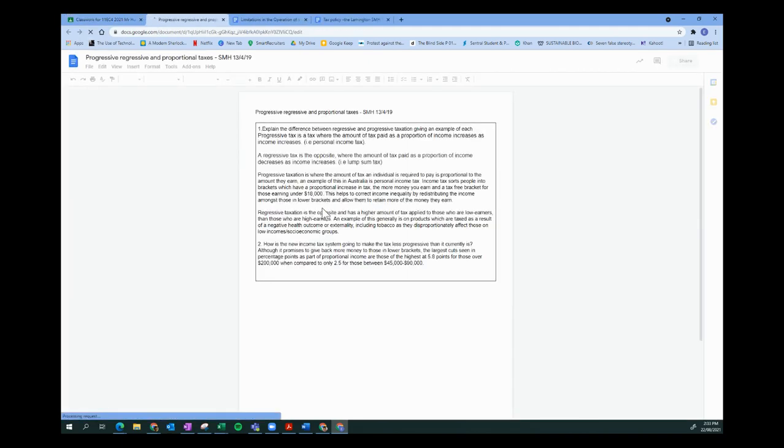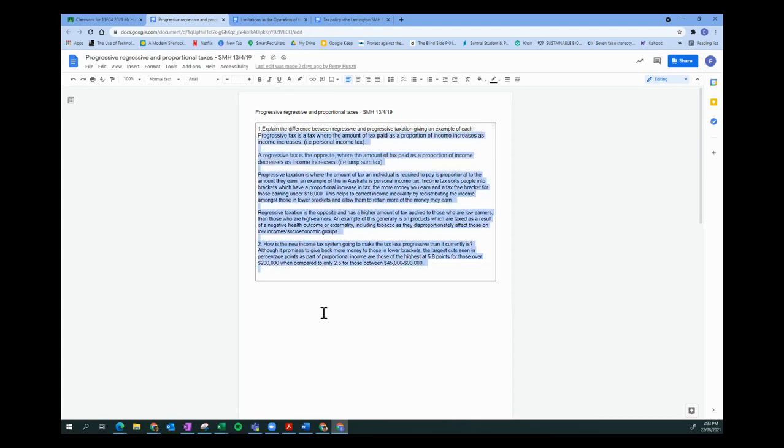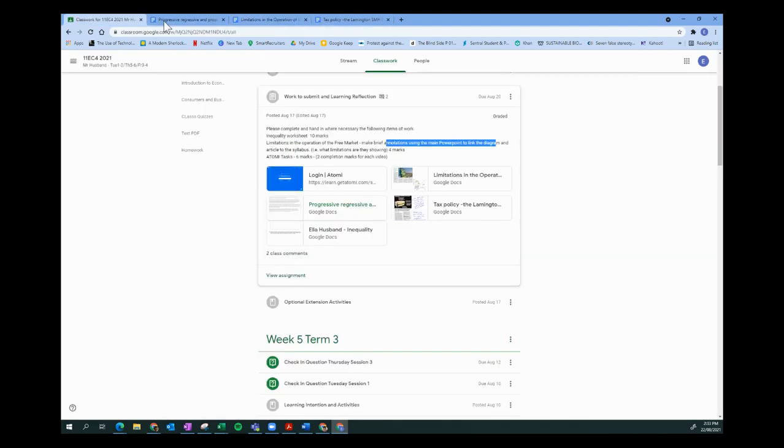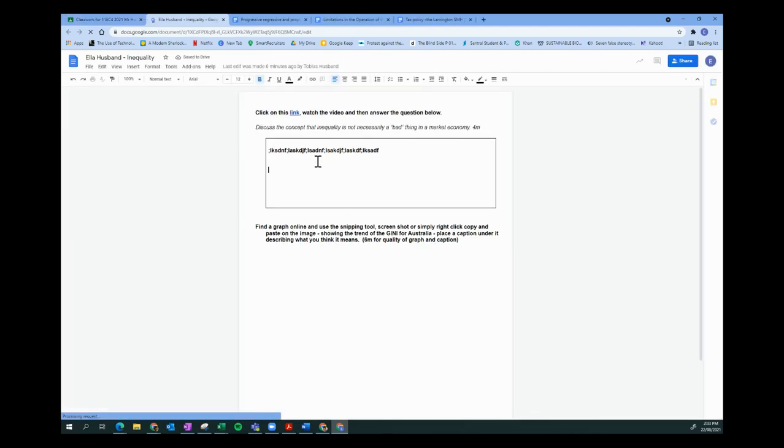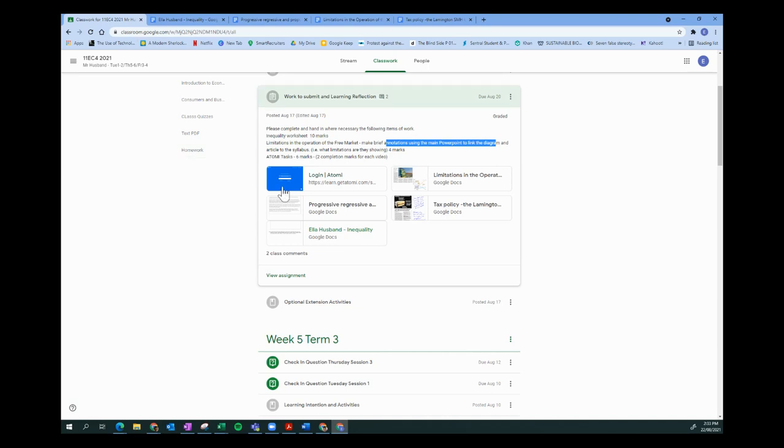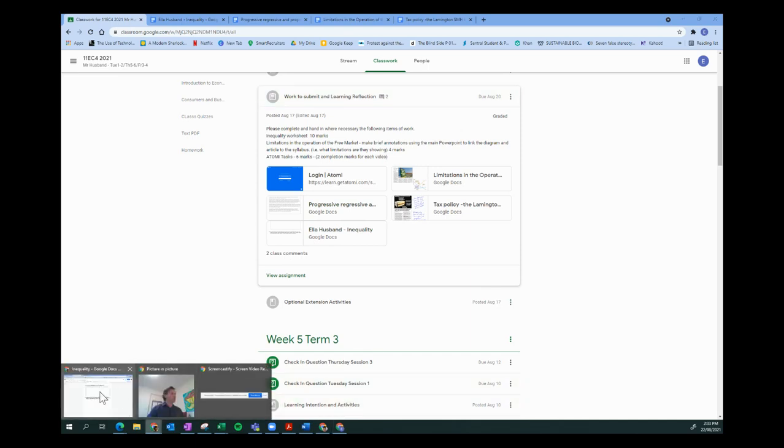So it might be, if I open this one up, I need to explain the difference between this, and you can see here that this student has answered that. All right. Now, if I go to one of these other ones, so inequality. All right. Now, because this has already been turned in, I can't show you it turned in. So what I'm going to do as a teacher, I'm going to show you how we mark them. So we receive this information, and we then have to